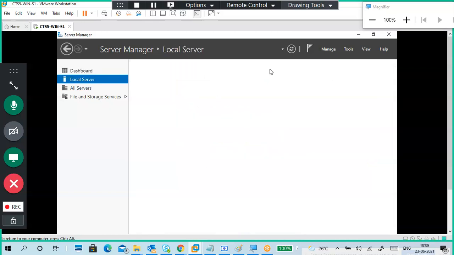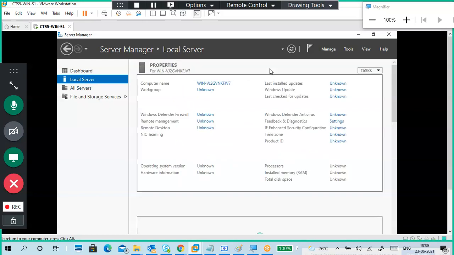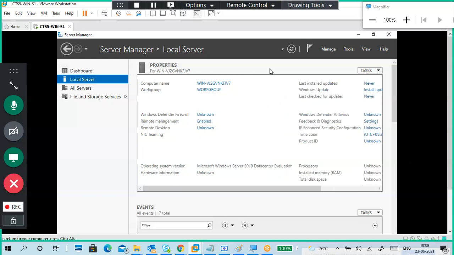What is it giving? Time.windows.com. What is it giving to me? What is my request? We'll see that one. Time zone. It is giving the time zone, sir, based on my time zone. What am I getting? The time. Time only, date and time only. Okay, so it is giving me date and time.